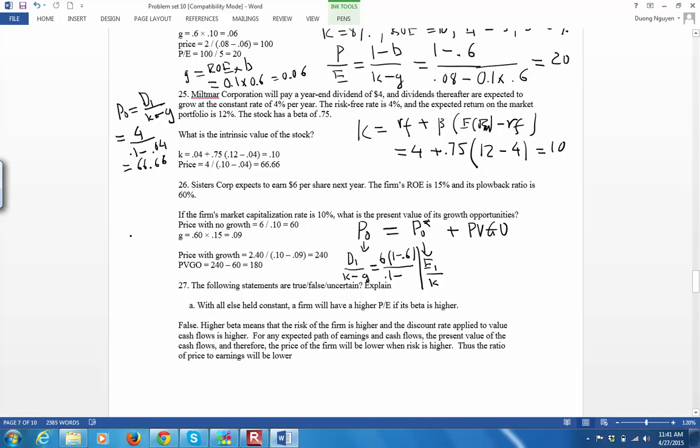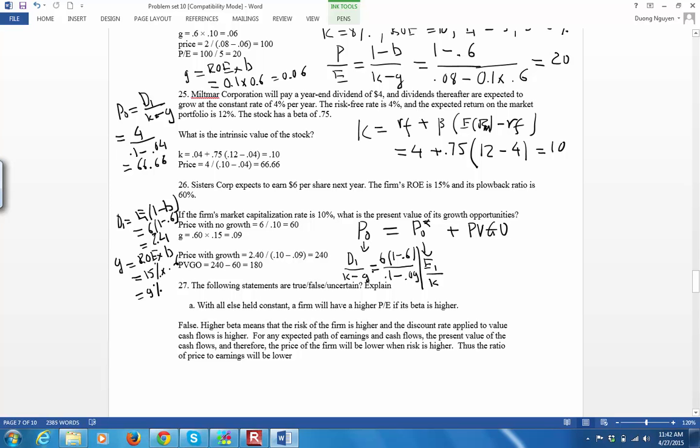So D1 is equal to E1 times 1 minus B. E1 is 6 times 1 minus 0.6, equal to 2.4. G equals ROE times B. ROE is 15% times B, which is 0.6, so equal to 9%. Okay, so growth is 9%, so 0.1 minus